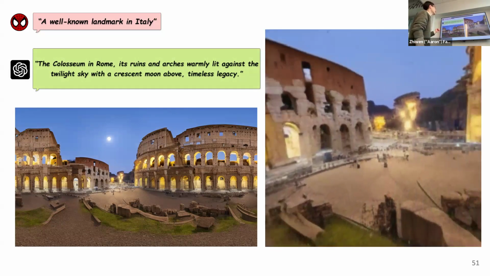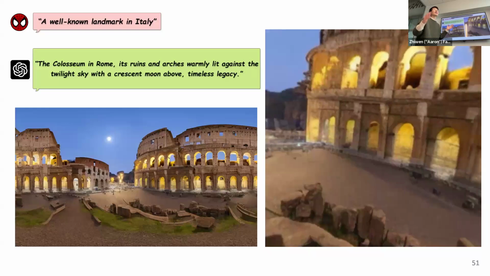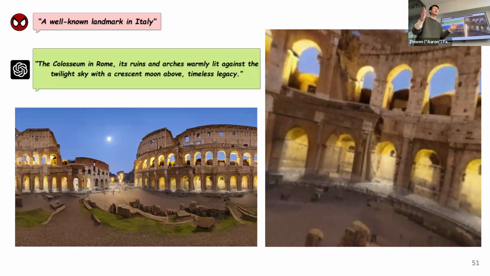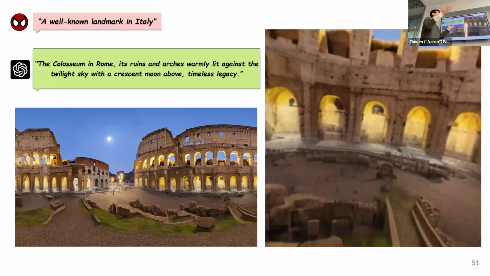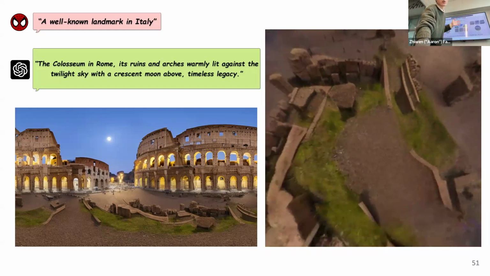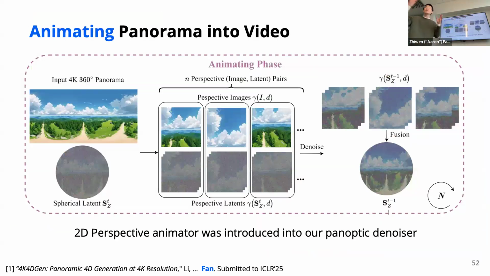So we can clearly see DreamScene360 provides us a solution that can generate a 3D panorama representation. Now we are going to generate a dynamic panorama, which means we're going to have dynamic information, and we can see some motions in the virtual environment. Our innovation in this paper, which we submitted to ICLR this year,